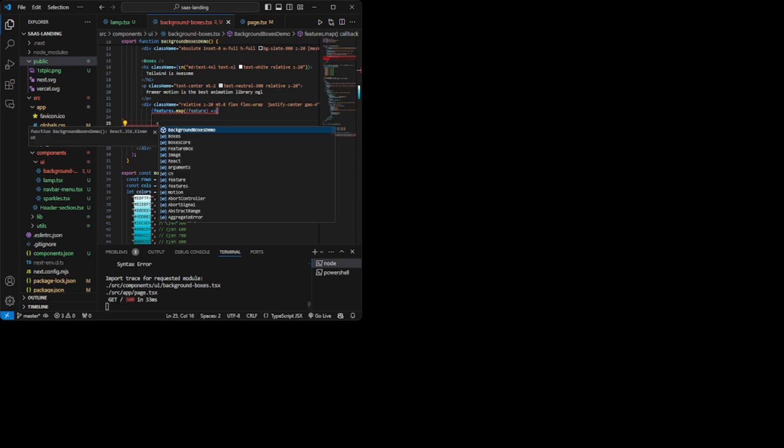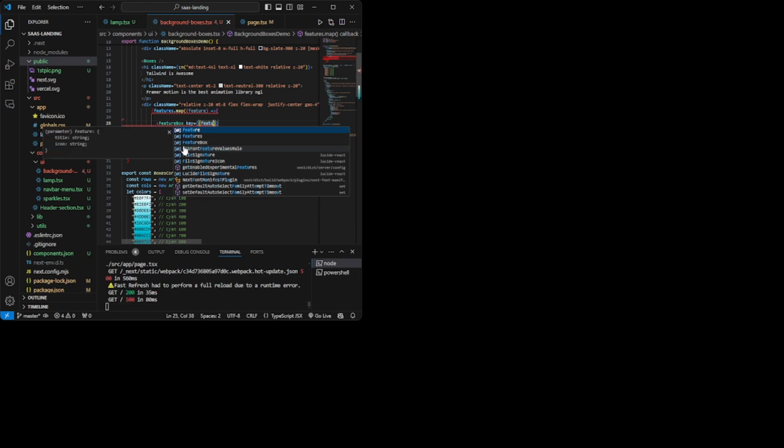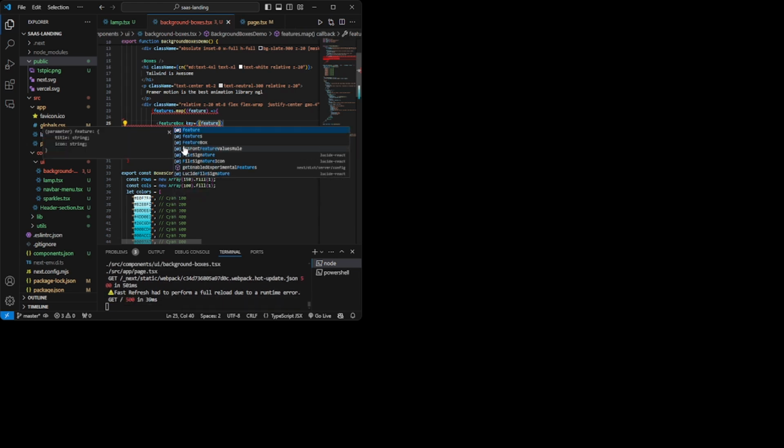after this, I'm going to use my feature box component. My key is to be feature.title. I'm not going to use IDs a lot.